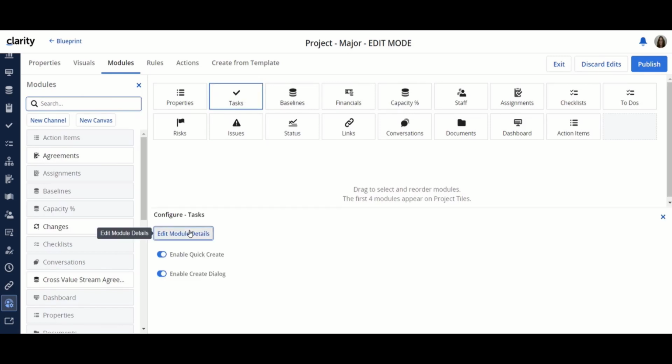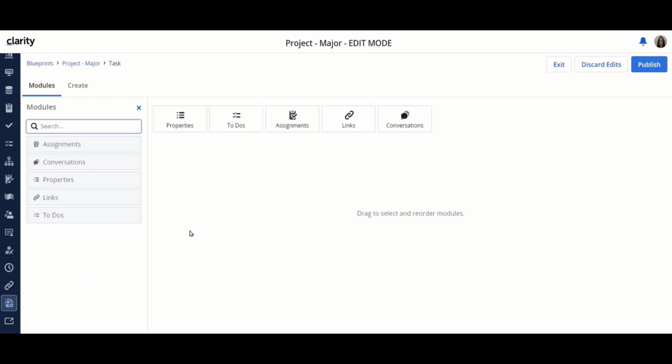So you'll click on edit module details, and you can see that we have by default all the modules are enabled. But what we want to do is we want to disable conversations. So let's just take that module and drag it off, because we want to disable it, and you can see that it's white,